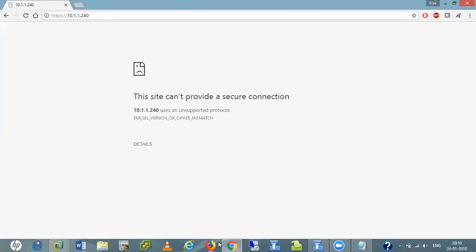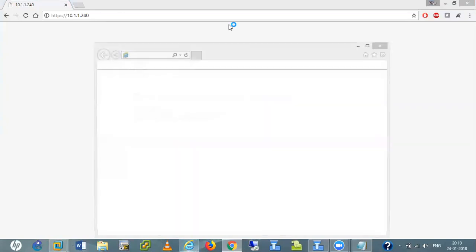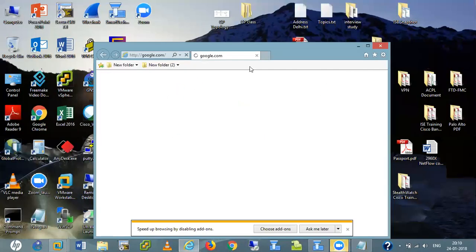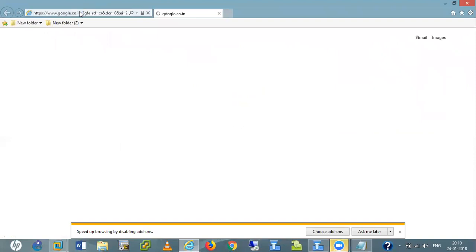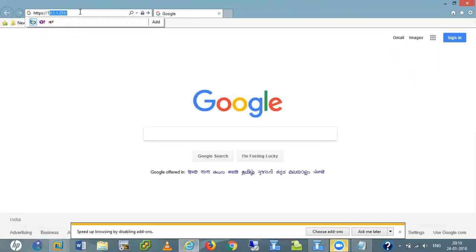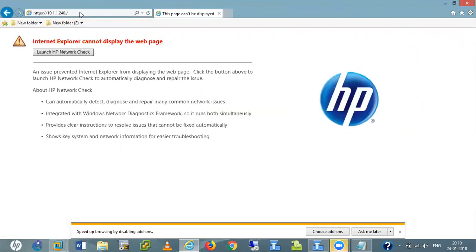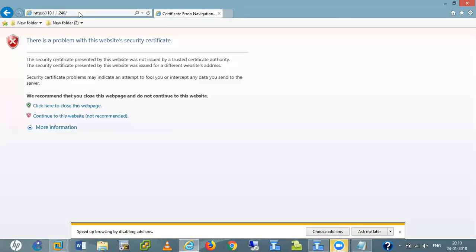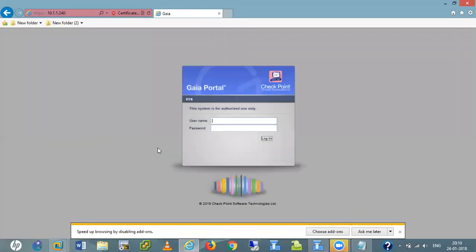Let me open this browser, HTTPS 10.1.1.240, so I'll get access to the server.